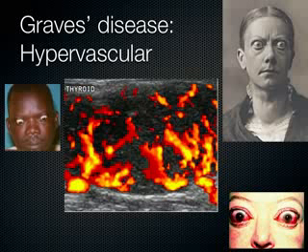We see this quite often in both emergency medicine and primary care. And it's actually the most common cause of hyperthyroidism in children, adolescents and adults, and usually presents itself during early adolescence. There's a hereditary component to it. It's between 5 and 10 times more common in females than males. It's also the most common cause of severe hyperthyroidism, and basically about 25 to 30% of the people with Graves'